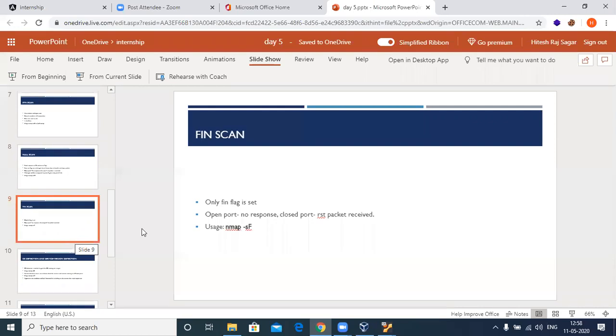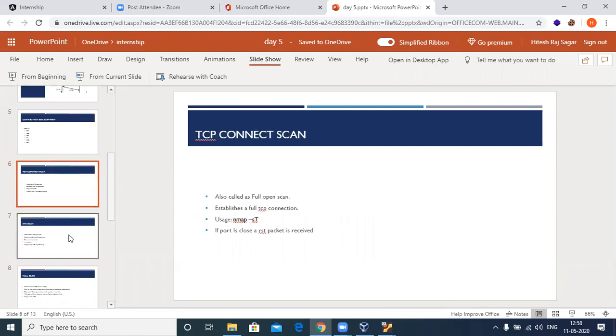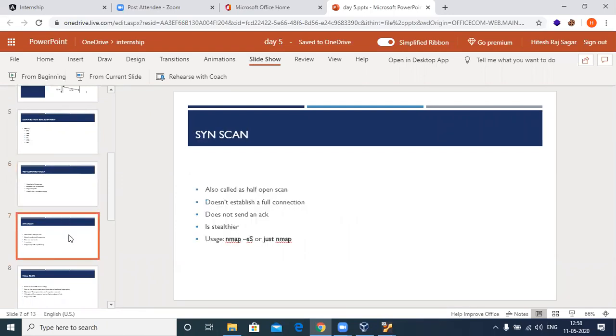Okay. So this being said, I want to ask you guys, in what scenarios will you use these stealthier scans, and in what scenarios will you use the actual SYN scan and something like that, where you have some connection established at least? So I'm putting forward this question to you guys. Who's going to answer me? When are you using the TCP connect or SYN scan? And when are you using an XMAS, FIN, ACK or NULL scan? Who can answer this? There you go. I have the chat window open.